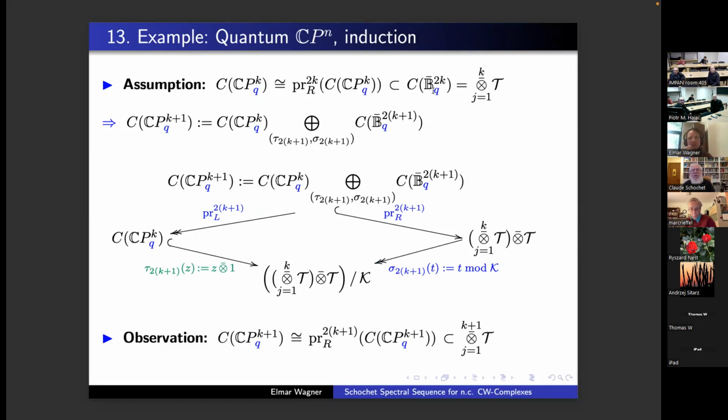So that's my condition for the induction process. Now I define CP_{k+1} by taking CP_k and writing down the pullback diagram with one single B^{2k+1} ball. So the ball with the right dimension. Now I state by induction, I know that